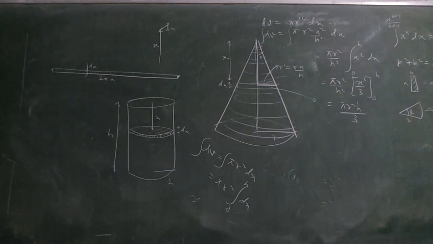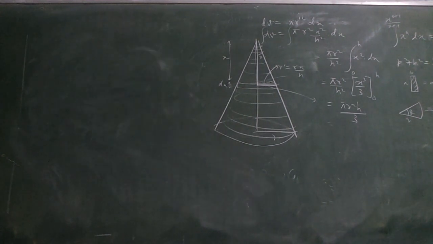Do one thing first, then it becomes easier. Find out the surface area of a sphere. You know the formula, by the way. What should be your answer? 4 pi r square, the surface area of a sphere of radius r. All these integrations, keep them with yourself for the whole year. Again and again, you'll have to do similar or the same integration.